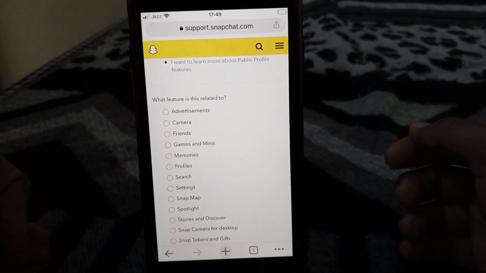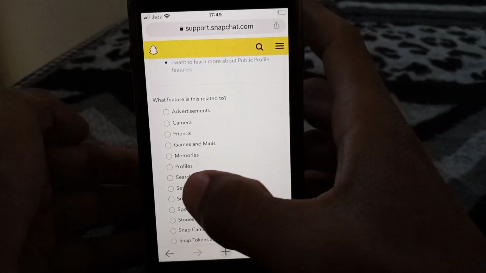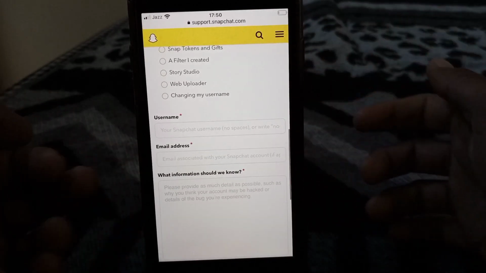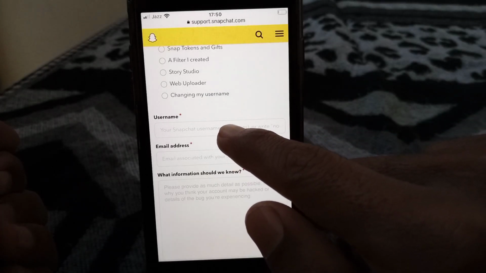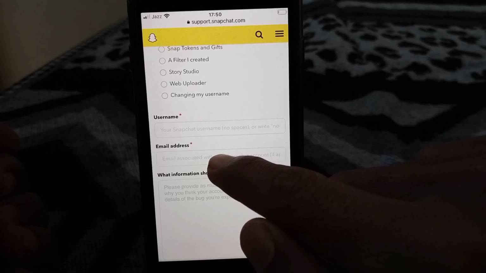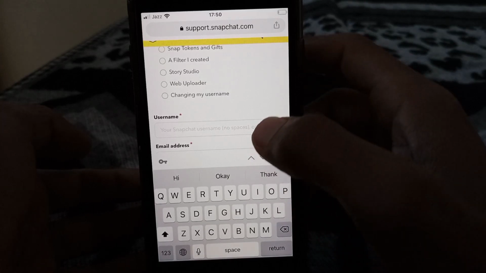So guys, here you can see a lot of options. So from here just simply tap on settings. So guys, here you can see a form. So from here just simply put your username here and put your email here. You can put any active email here and write something about your